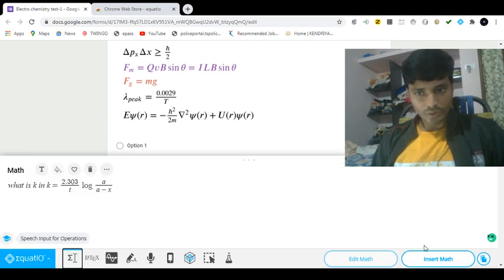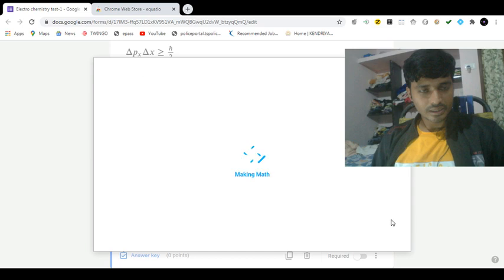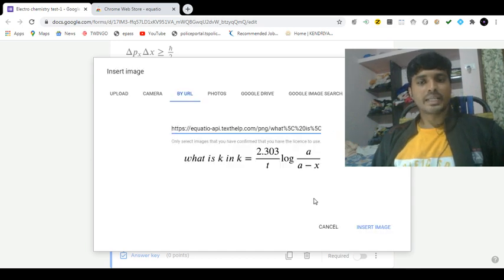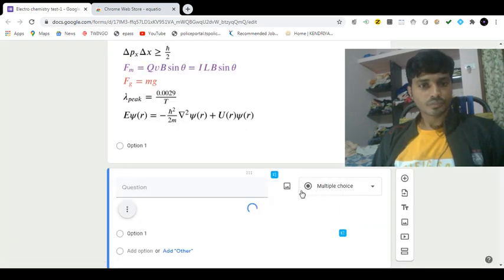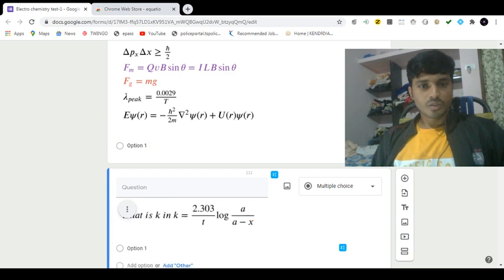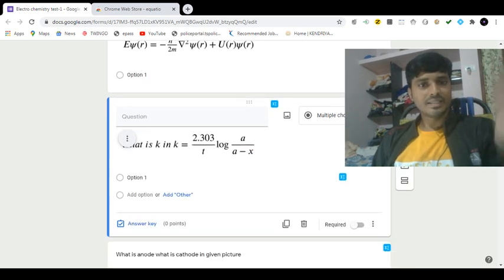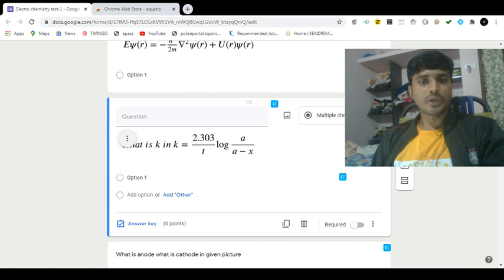So what you have to do is insert, and that will add automatically as a question. So the student can write, what is K in? K is equal to 2.303 upon T log A by A minus X. So this is how, in a smart way, you can prepare the question paper.